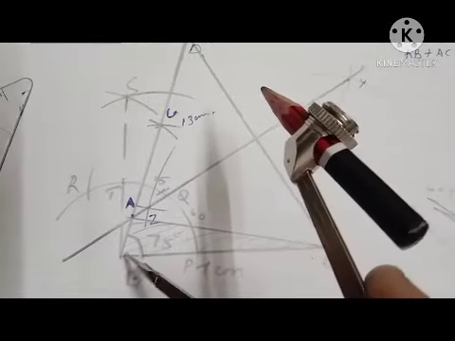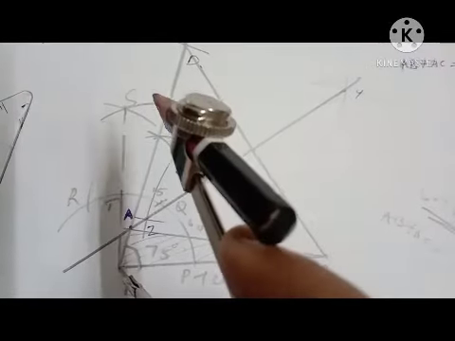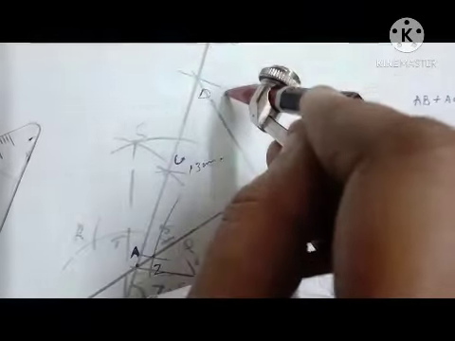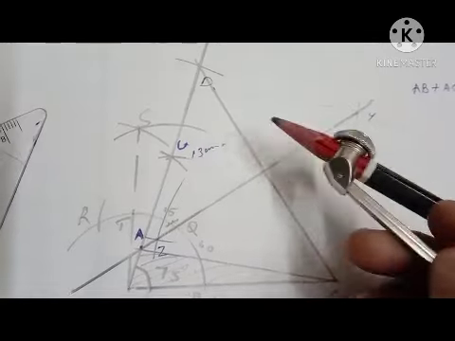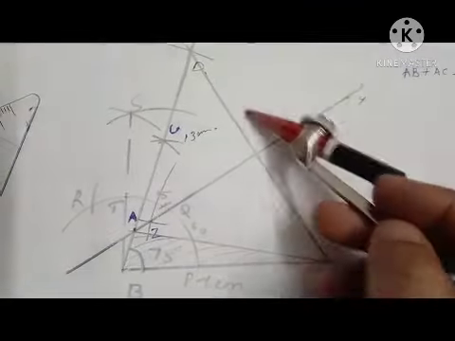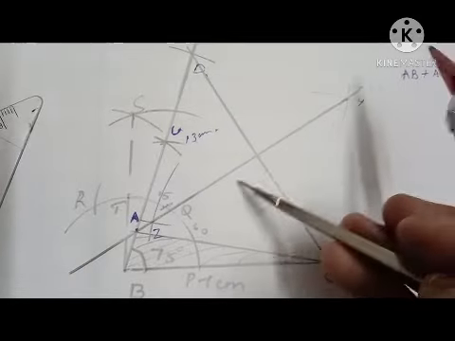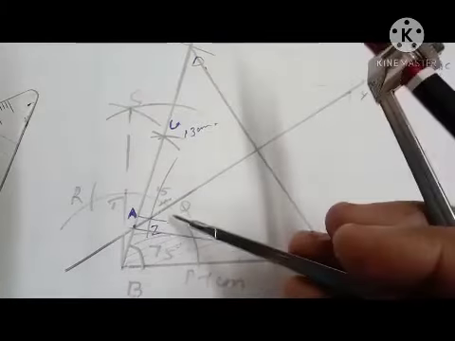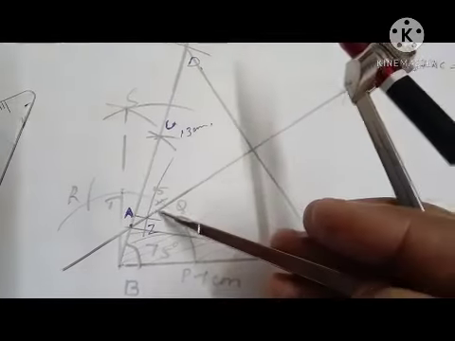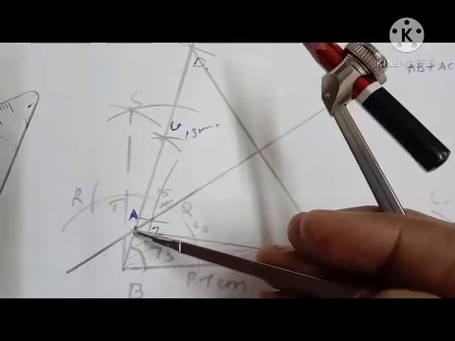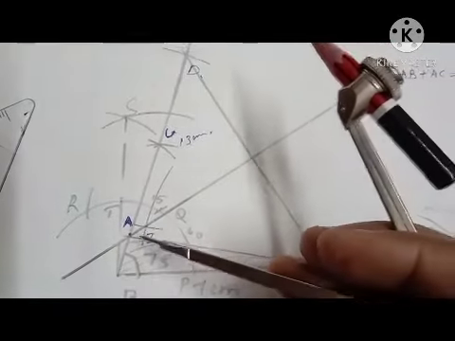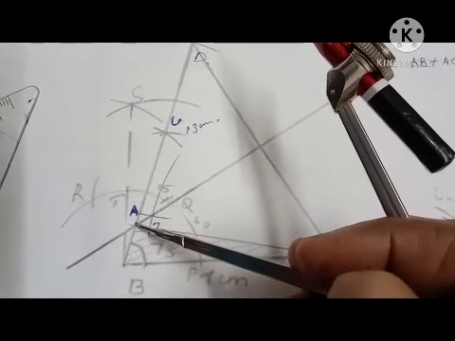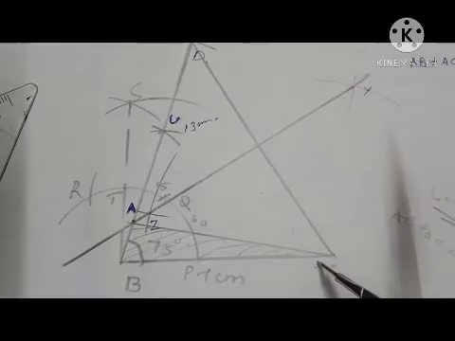So using compass I have marked this point D by taking 13 centimeter, right? Then I joined these points D and C. Then draw the perpendicular bisector of CD. For that we got two intersecting points Z and Y that we join and extend such that that line will intersect BX at a point A. So this is our required third point A, because B and C we already got.